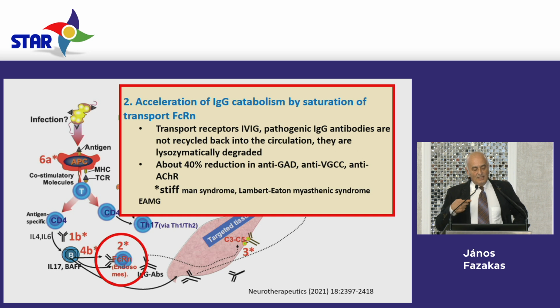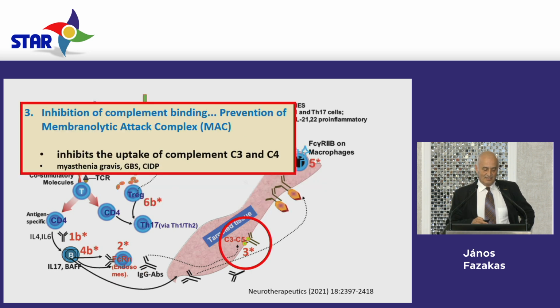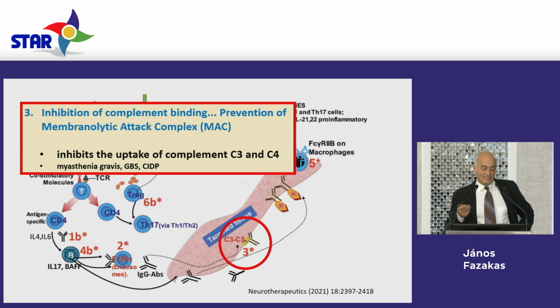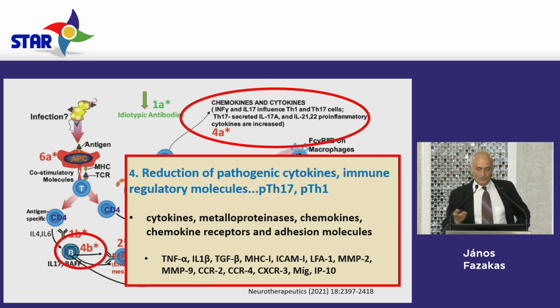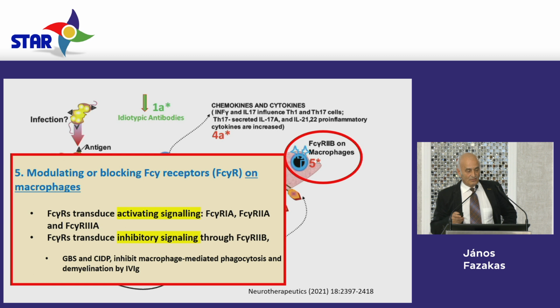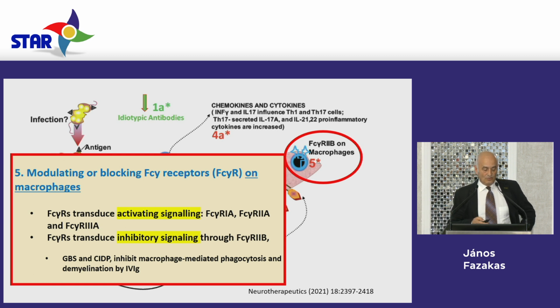This is an acceleration of IgG catabolism by saturation of this receptor, and it inhibits the complement binding, so it prevents the membrane attack complex, which is quite important, and it's related to the link between the immunoglobulins and the complement. It reduces the pathogenic cytokines and other immunoregulatory molecules, and they modulate or block even the Fc receptor on macrophages,